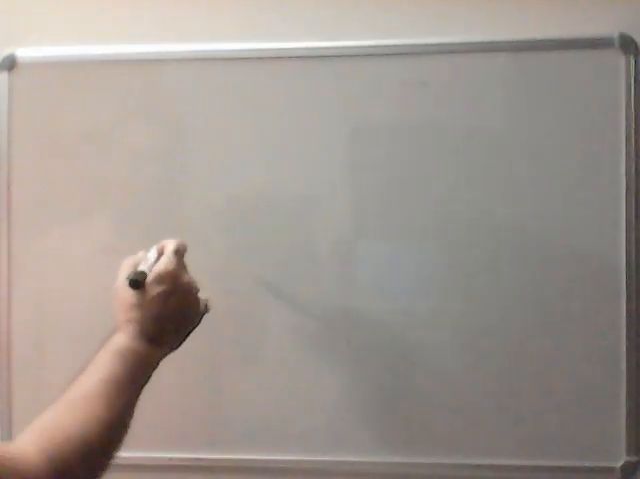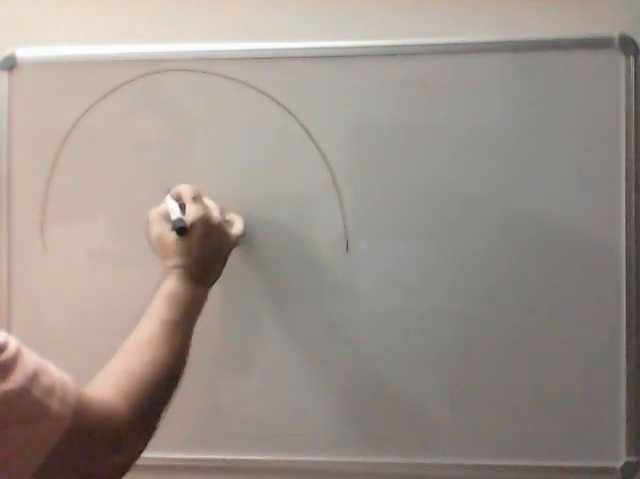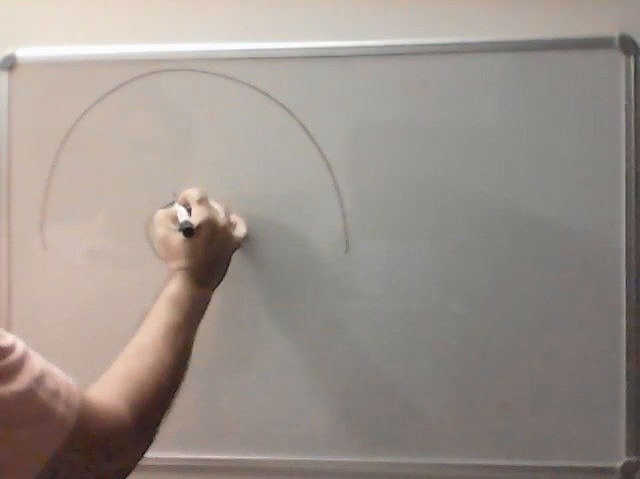How to take altitude by sextant. This is our Earth, the celestial sphere. This is the ship